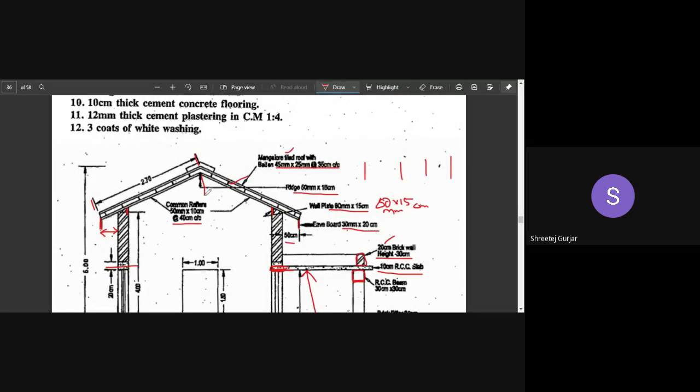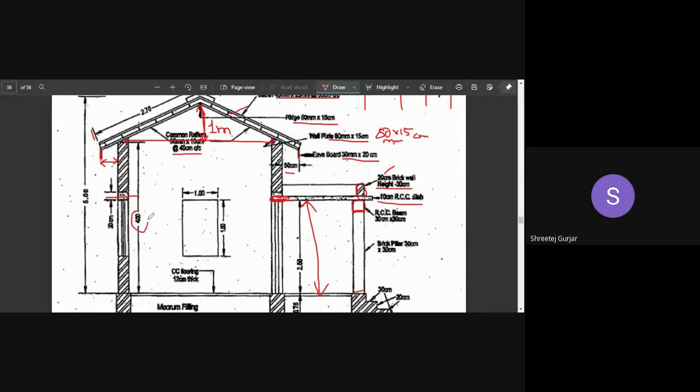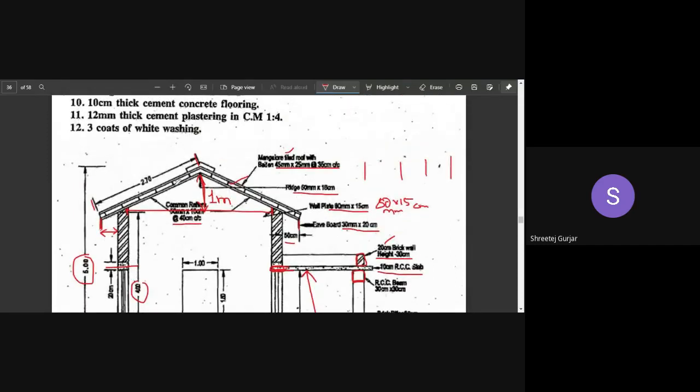height. Okay, from here to here. Okay, this height, this truss height or the roof height is 1 meter. This is 1 meter. How we have got that? So from 4, if you minus 1, you will get this 1 meter. Okay. So we will be needing all of these details while calculating.